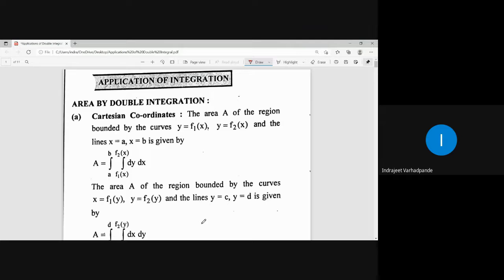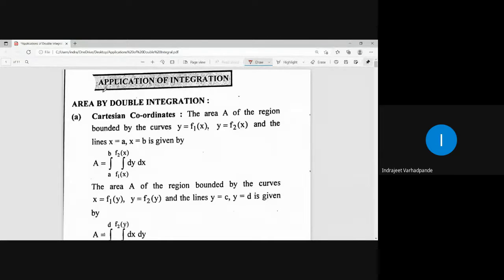Depending on the given data, we will first interpret the region, check the boundaries of them, and then appropriately get the limits. In that also we have a choice whether to go with the horizontal strip or the vertical strip, so as to determine the limits. Once limits are obtained, integration is not a big task. We can easily find it out and get the simplification.